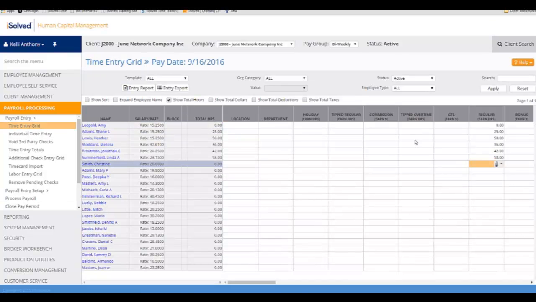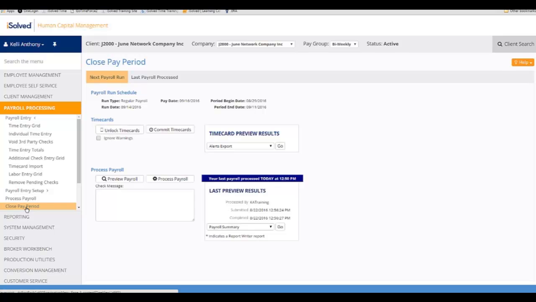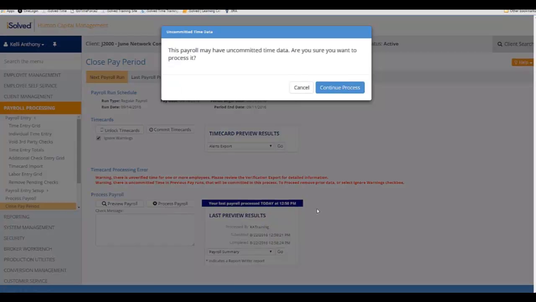We'll notice that our hours from our time cards have been committed to the time entry grid, so we can already see the data that's been added, but you can come in here and make any adjustments that you need to. Once you make your adjustments, you're going to want to go back to our close pay period link on the left-hand side. I would preview your payroll again prior to us actually processing the payroll. Once you've double-checked those payroll reports, all we have to do is simply hit Process Payroll,